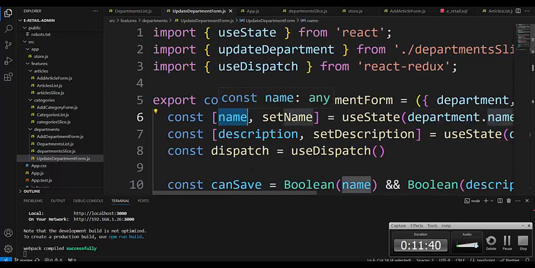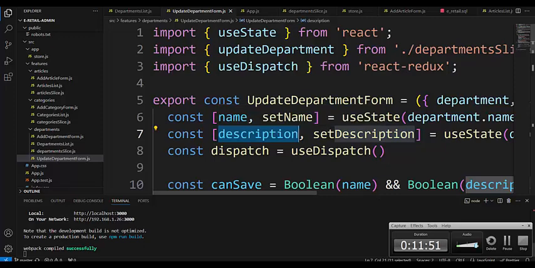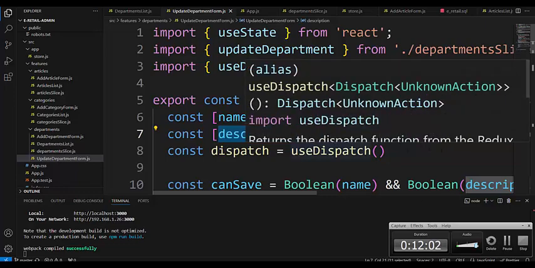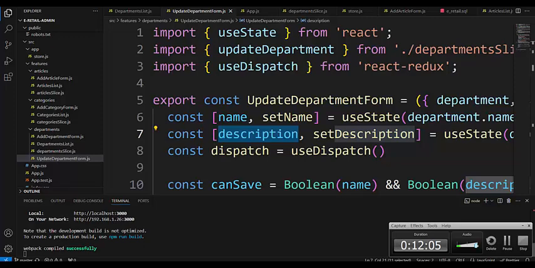It means state name. We will see in the form the department name, and here in the form we will see the description of the department. Which department? The department at which button update we click. And now we can intervene and change that name and description and dispatch it to Redux, but not directly. Dispatch it by thunk function, and send a request to MySQL